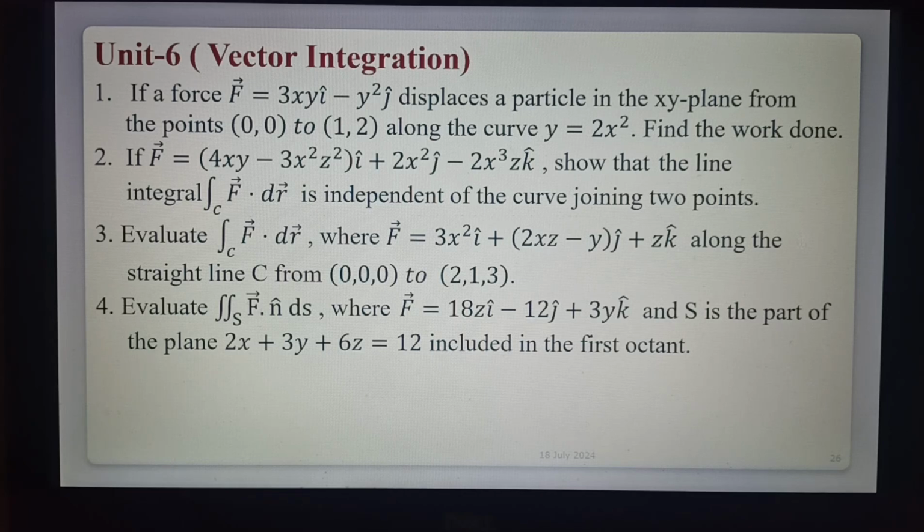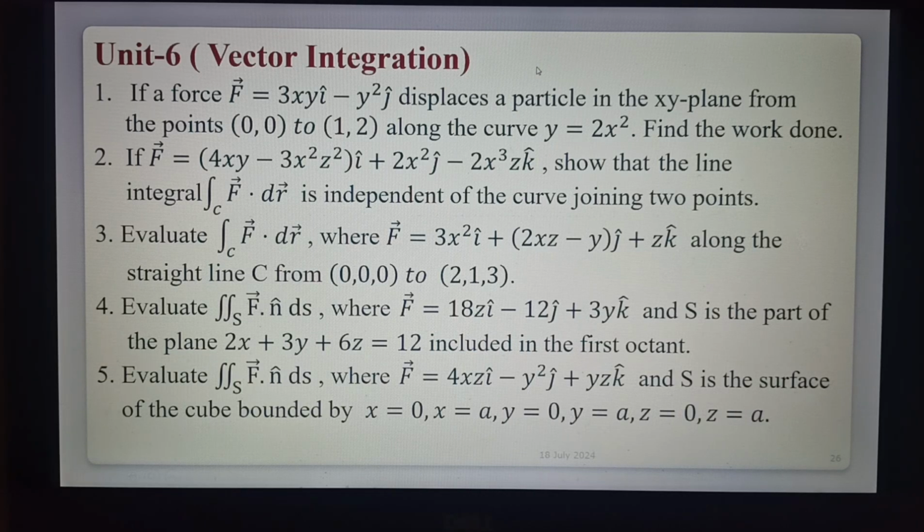Evaluate the surface integral where a bar is equal to the given vector field and S is the part of the plane included in the first octant. So you have to find the surface integral. This is the 4th question. So next one,